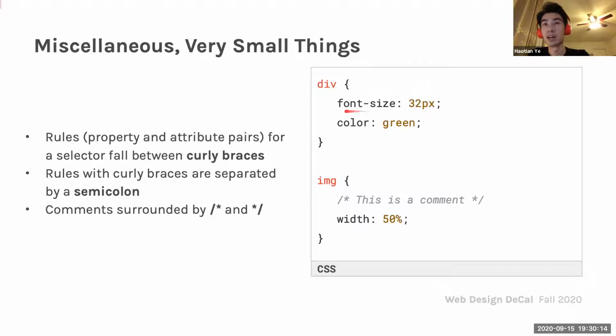So it's not going to apply font size or color green because it's going to think this whole thing is just one rule, which doesn't exist. The value doesn't exist because there's no such thing as 32 pixels color green as a value. So make sure you always put semicolons.